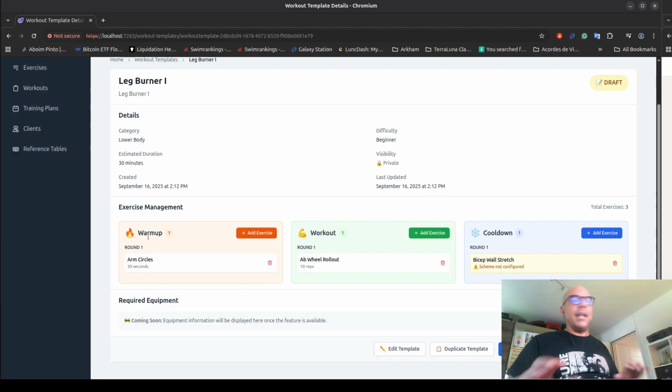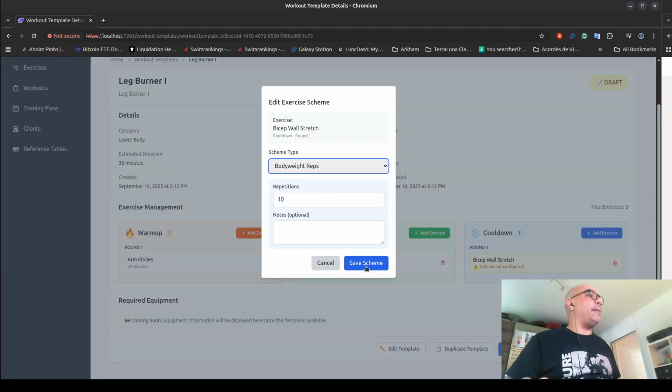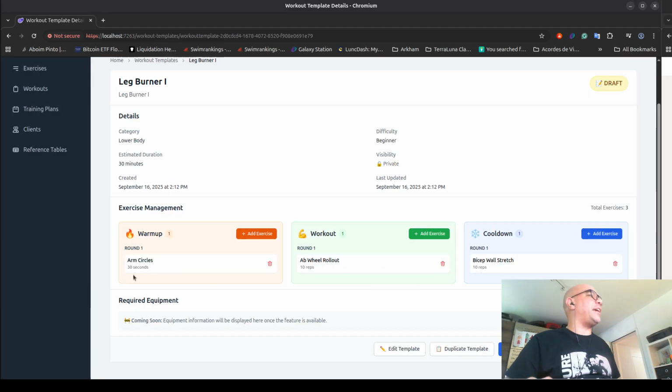Let's save it, and it's already been added here. And I'm going to put reps on this one, save, and that's 10 reps, 30 seconds, and our workout will do with this. Now we want to do it, for example, add the same exercise, but we want to do it